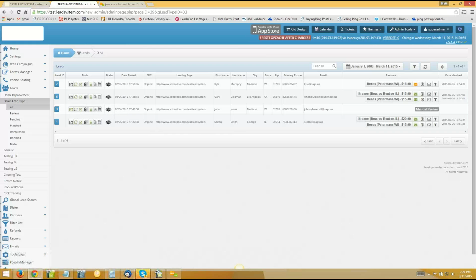So if you are somebody with a lot of supply and less demand, ping post would help you increase your coverage through setting up several wholesalers, and then vice versa. If you are somebody with more demand than supply, you can go out and get additional leads without necessarily increasing your marketing spend. If you're a lead business, you know that any leads you buy in a ping post process, you're going to sell profitably. And if you're an actual lead buyer, it gives you a lot more flexibility and control over the